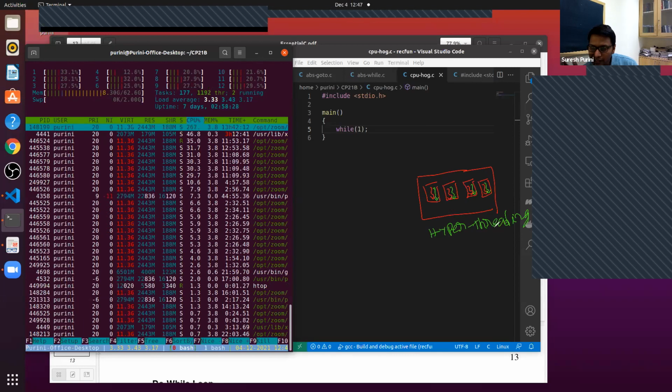Are you with me? Approximately, you got it? Can you tell how many cores you have on your machine? Does it include hyper-threading, or with or without hyper? 8 CPU cores and 8 threads, 16. 16 with hyper, that's the right way to tell.